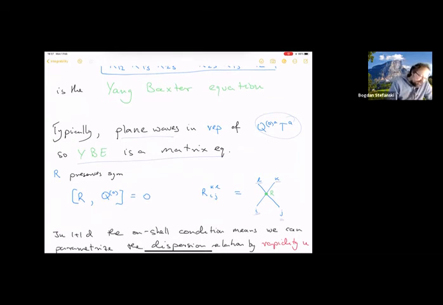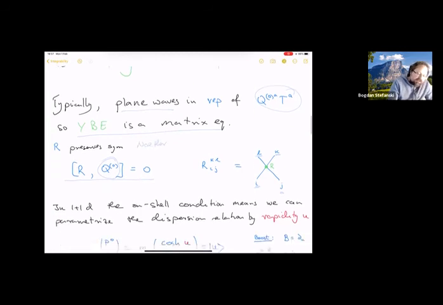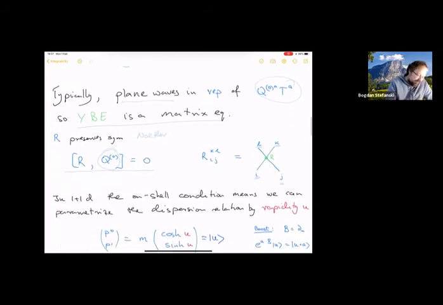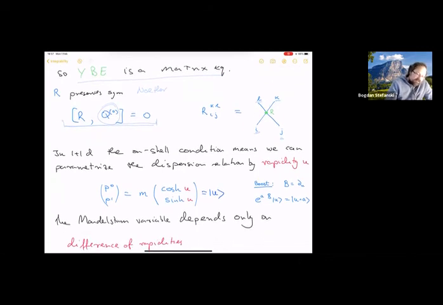And the fact that it preserves symmetry just means that it commutes with these local charges. So it preserves the global symmetry, I should have said. Not local, the global symmetry. Now, this condition places some restrictions on the R matrix, but actually we will have more restrictions, and this is